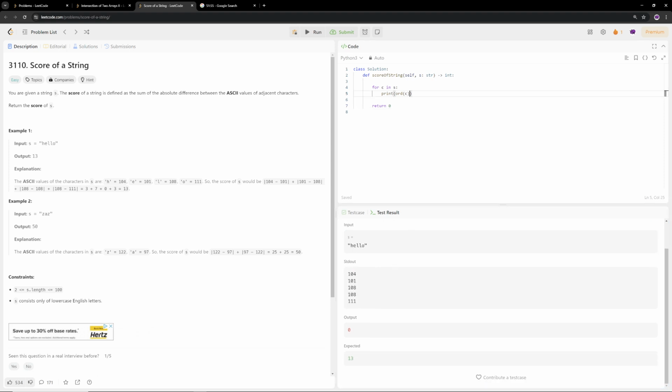And then this is saying adjacent differences, right? So we have 5 characters, we have 4 differences: 1, 2, 3, 4. Which means I have to do an index-based loop instead of character-based, range of length of s minus 1. Because we're